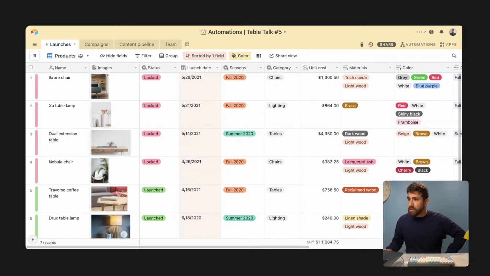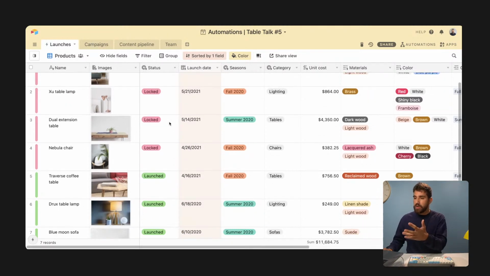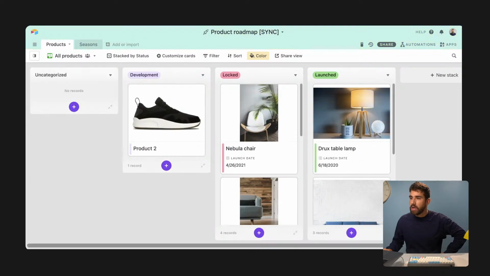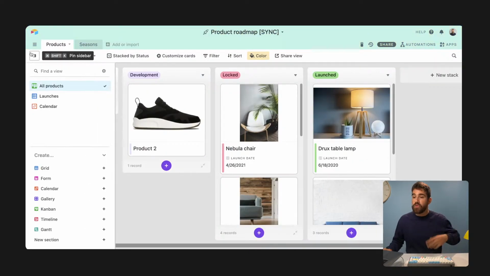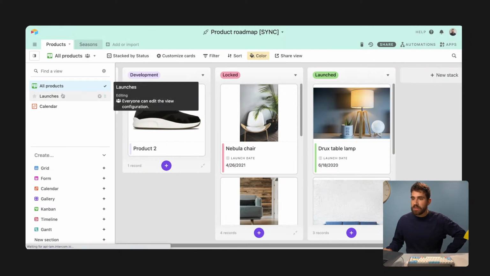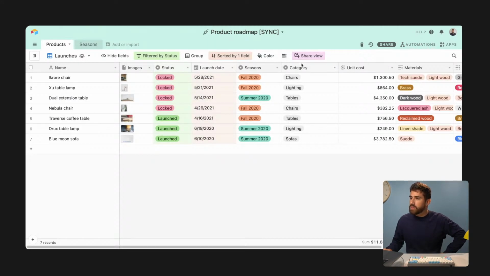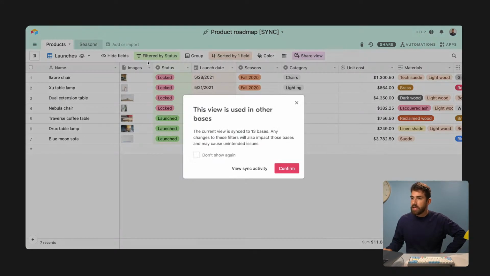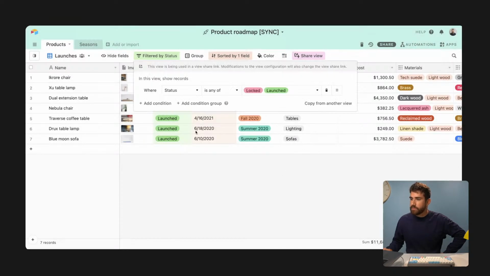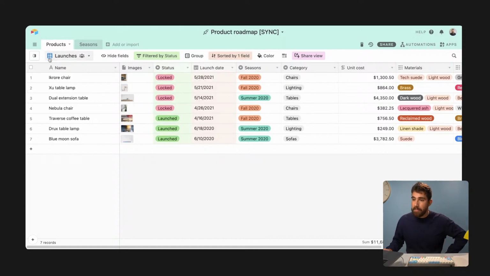So just as a reminder here, this is a sync table. That means that new records coming into this table come from this base. So this is our product roadmap. And the view that we have synced is this launches view, right? So you'll notice that it's been shared, it's synced. And this syncs whenever status is any of locked or launched. So to create a new record in our campaign table,